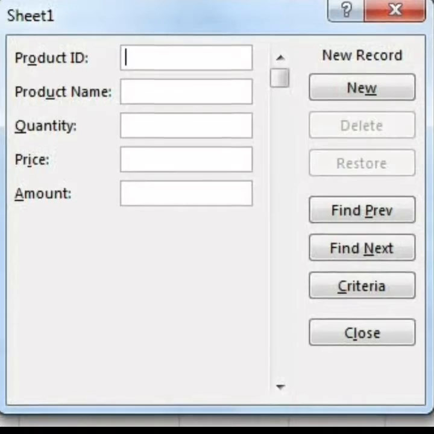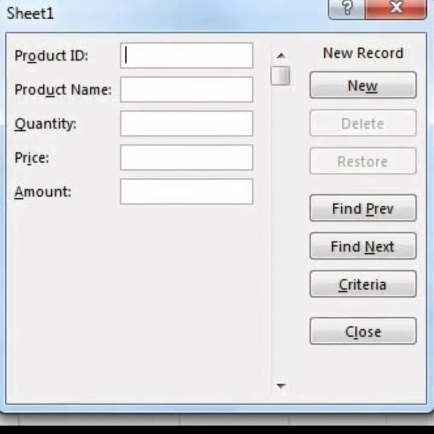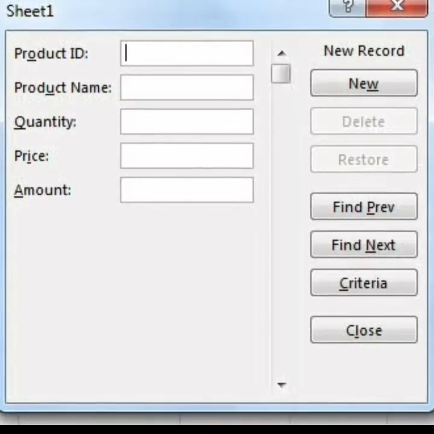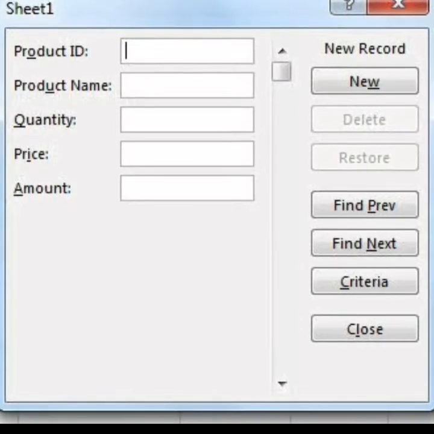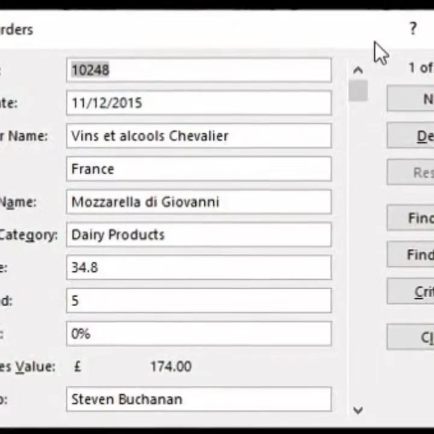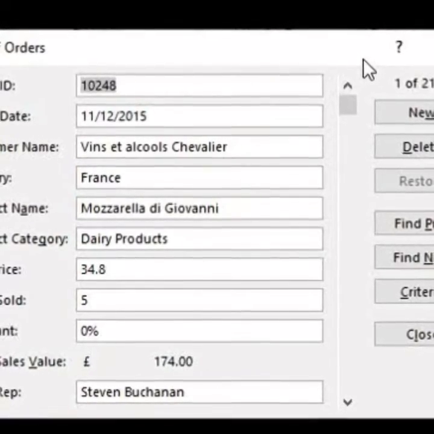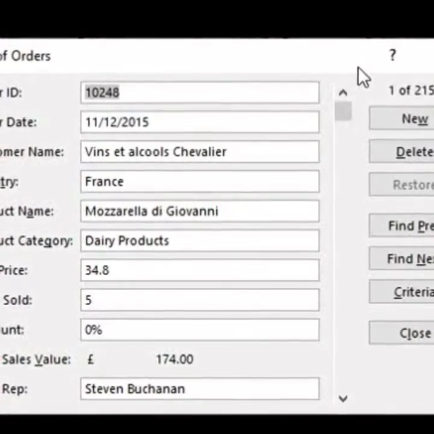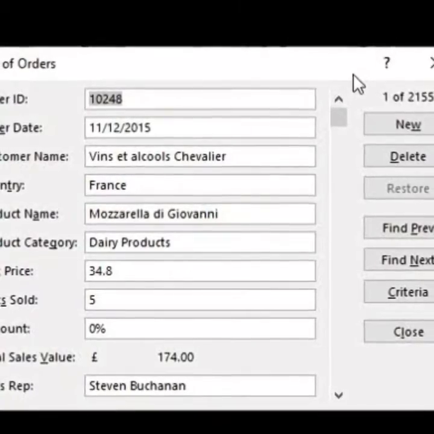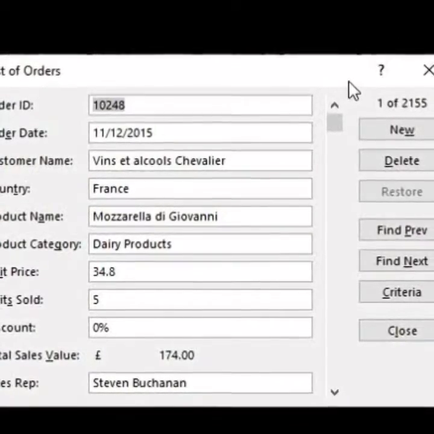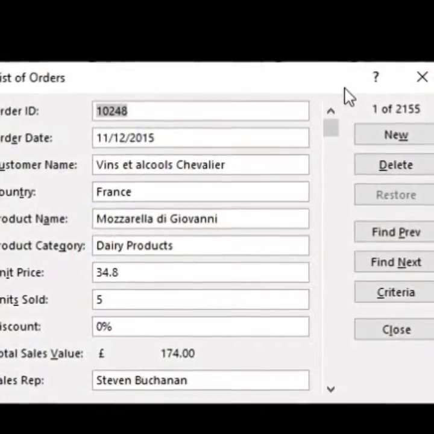A data form provides a convenient means to enter or display one record of information at a time. We can delete, add or edit. We can even find more records from our database easily.